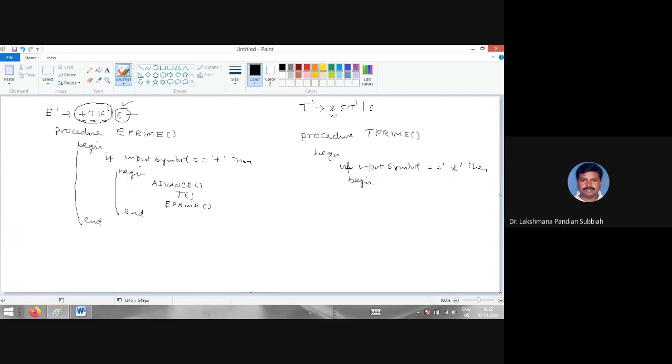So for this if begin, here you have to do advance. Then you have to call the procedure for F. Next we call the procedure for T prime.